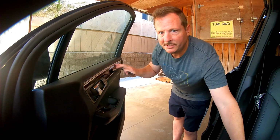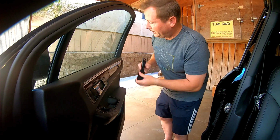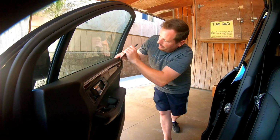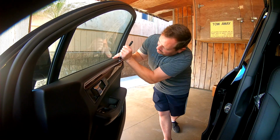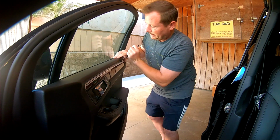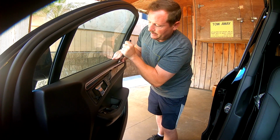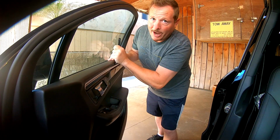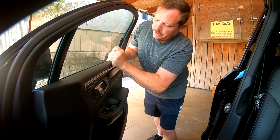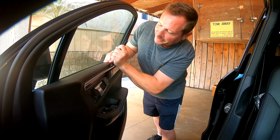To get this trim piece off, I just have an old spackling tool, and you're going to slide it up underneath here and loosen the clips while making your way down. A lot of semi-fragile stuff in here, so you want to be careful. Plus, it's Porsche, so it's probably a very expensive piece. I haven't looked at it, but